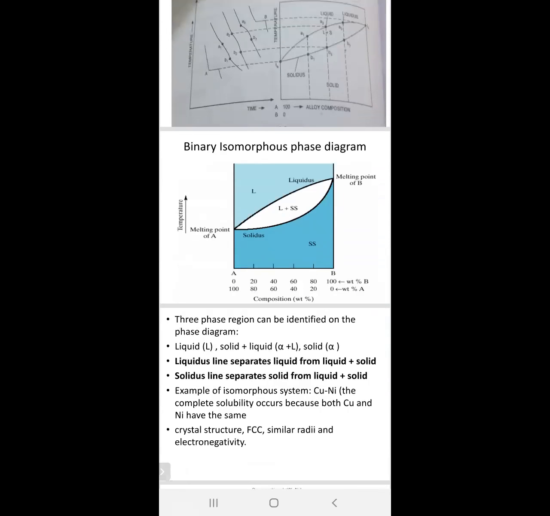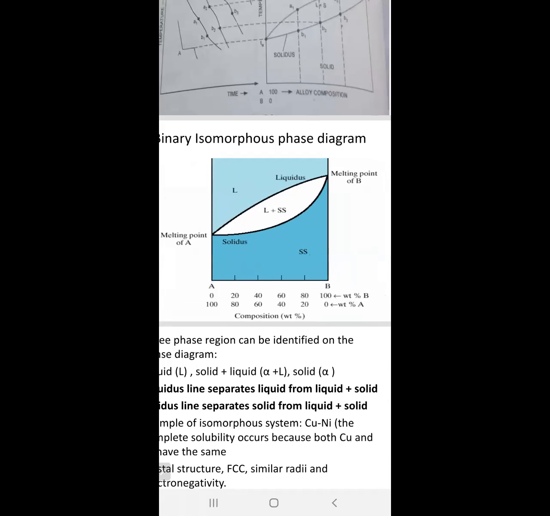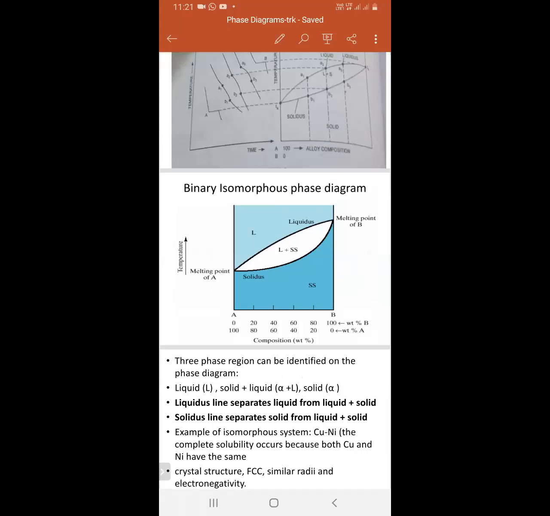Here is the same figure, I am showing you clearly. See here, all of you. Here there are two elements, with melting point A and melting point B. Above the melting point, if you heat this one, then it is total liquid. Above this line it is all liquid. Then when you start cooling,